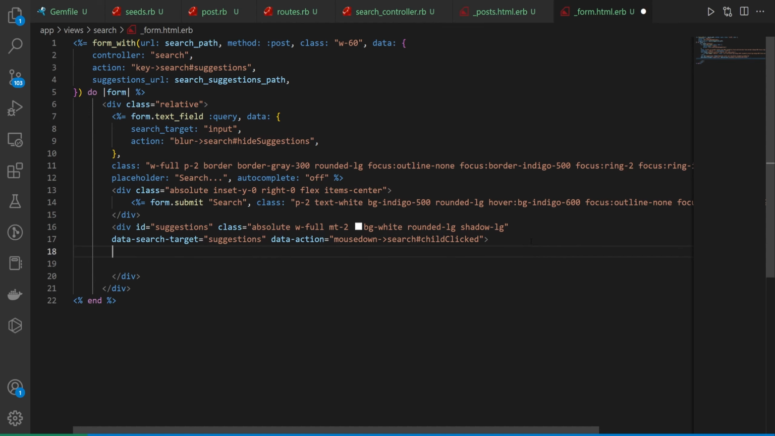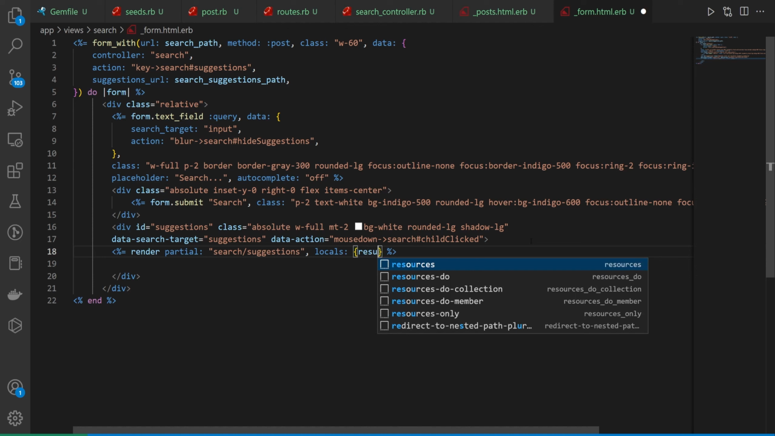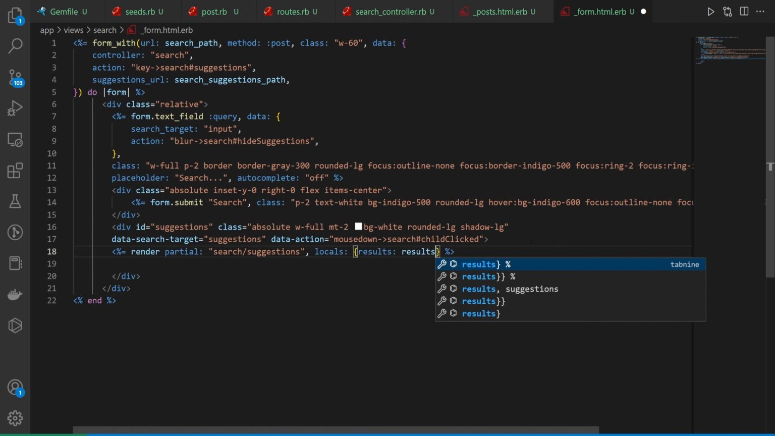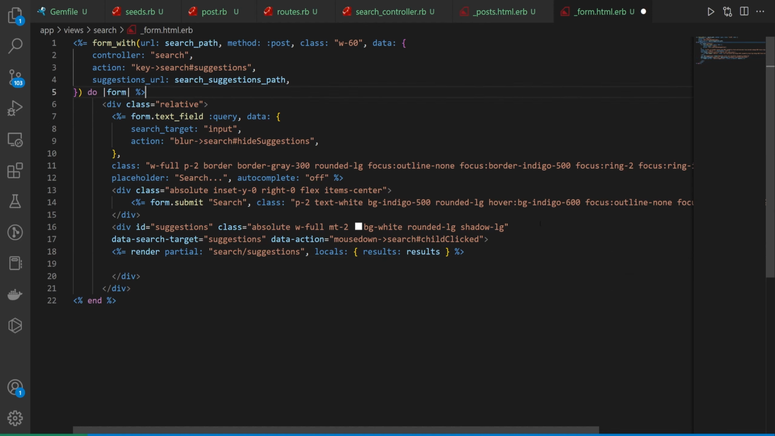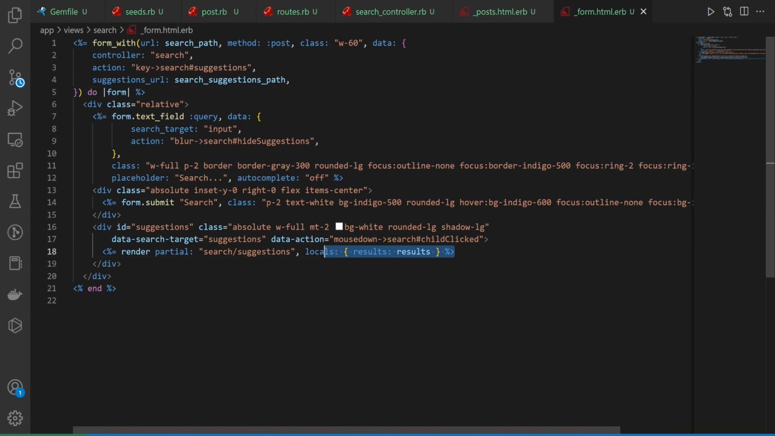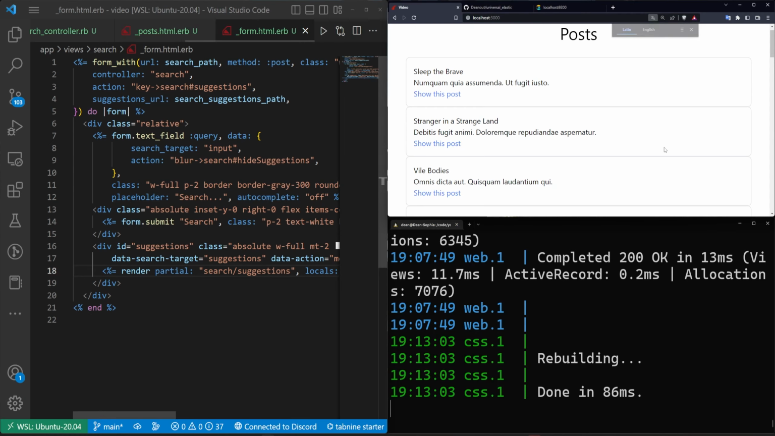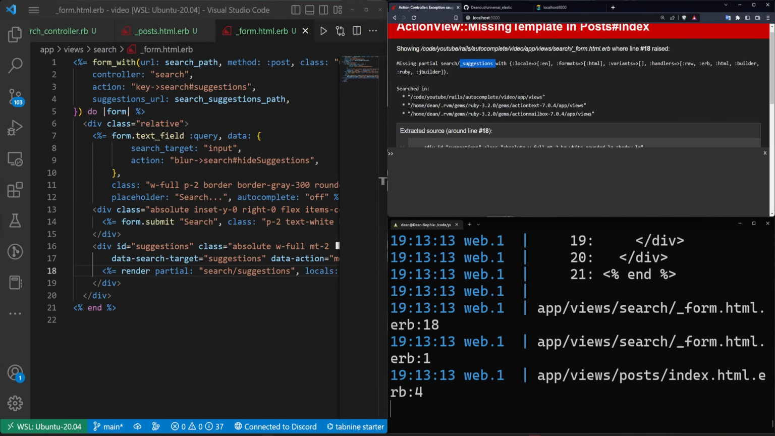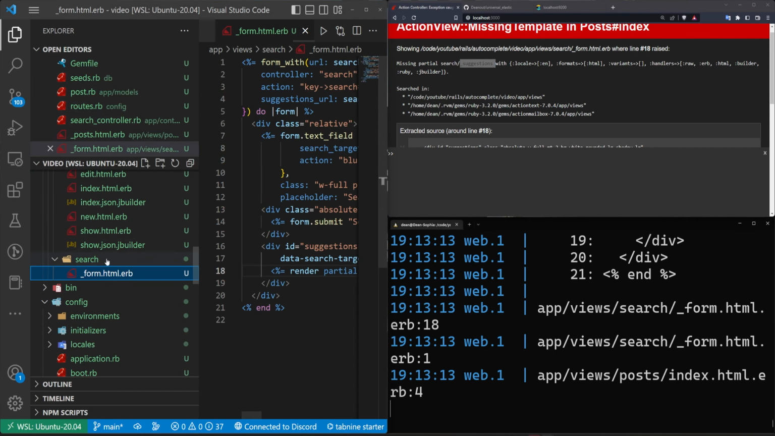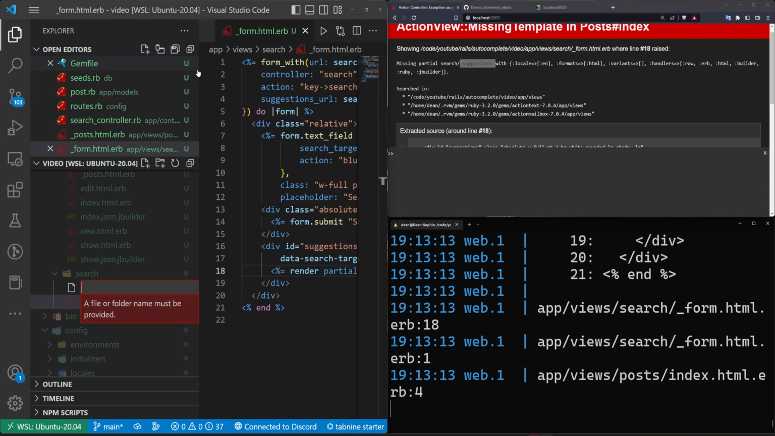But okay, now that we have that, we can come in here and do a render for a partial, and the partial will be the search controller, or the search and the suggestions. And then this will be for the locals, and then we'll do the results. So we're just going to pass in whatever our results are here. Okay, so this part right here, the results, is what allows us to have them when we go back. That's pretty neat. Now, if we come over here and refresh, we'll see that we're missing the search suggestions partial. So let's come into our search underscore suggestions